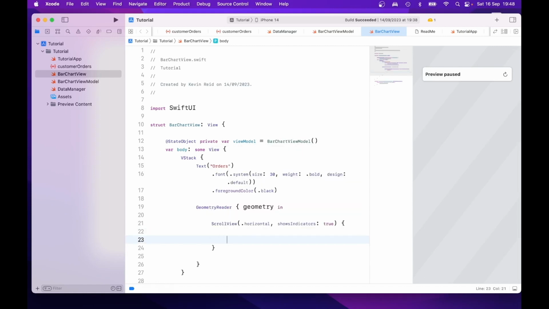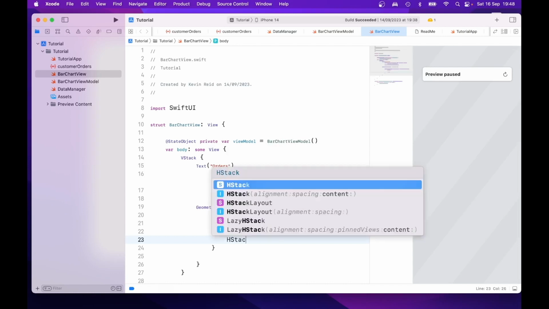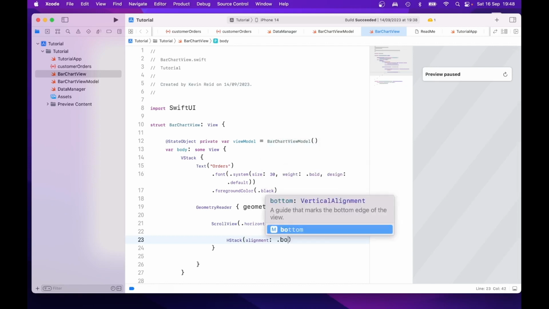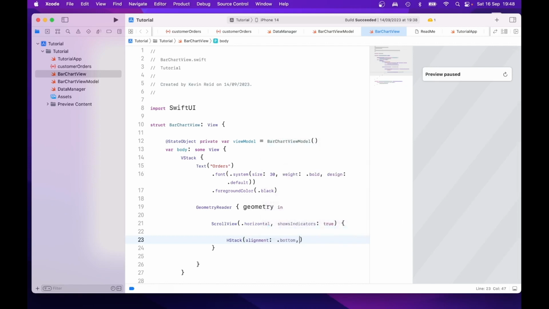So just type in H stack alignment dot bottom, spacing dot 0, spacer. This is the initial spacer, and then just type in let